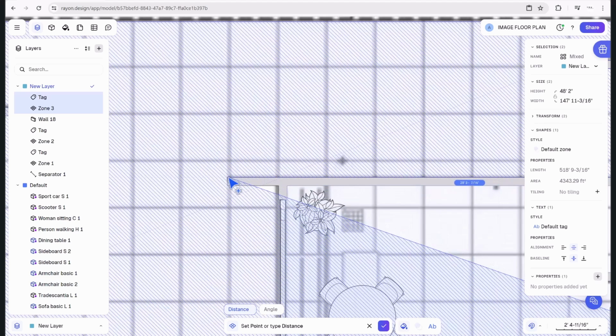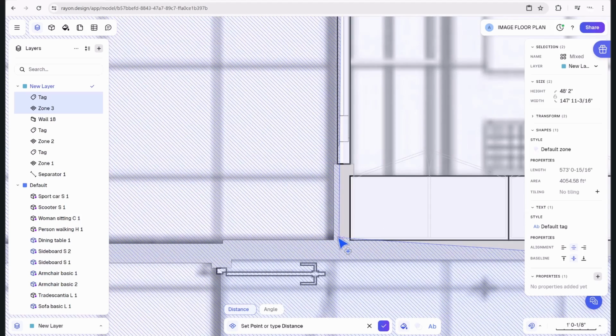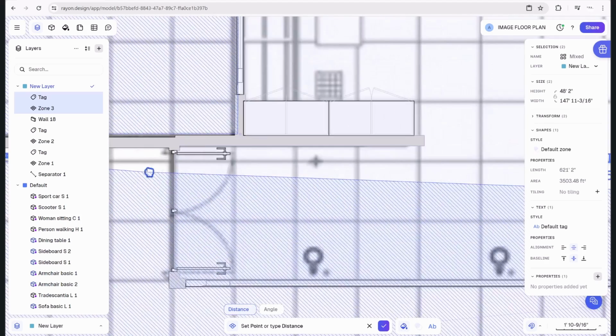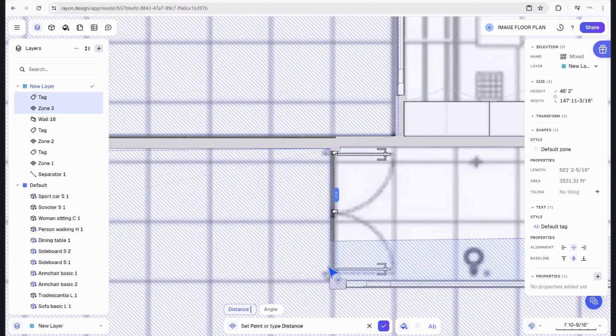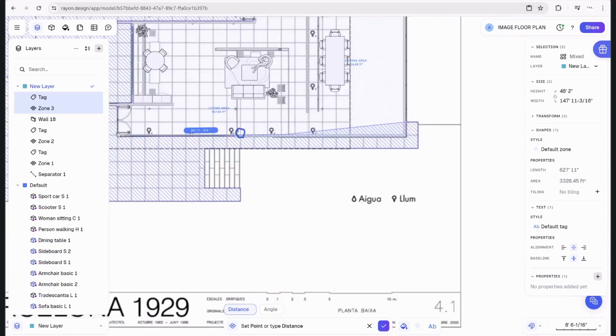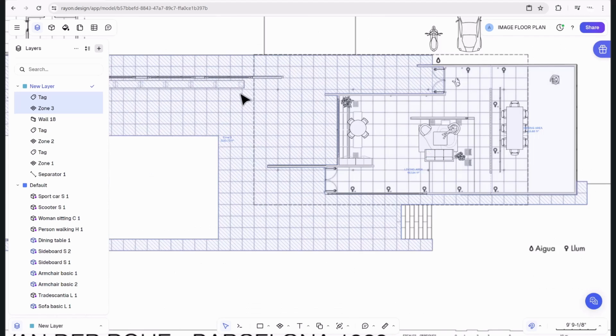But it's good to get it right from the beginning. Oopsie. So I messed it up a little bit. Okay, anyway, we're just gonna do just here and here. And let's just finish that off. And this is where we started. So now we have the zone for our